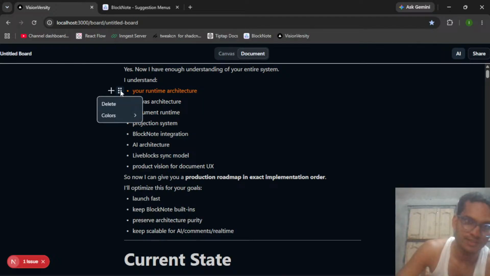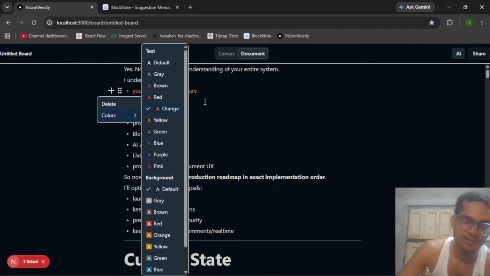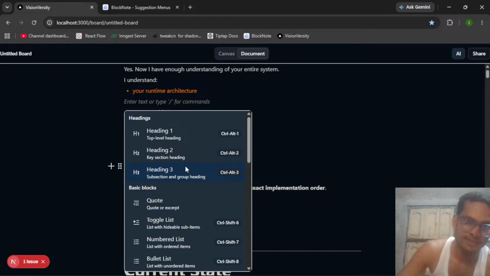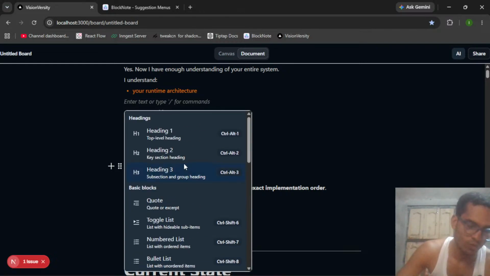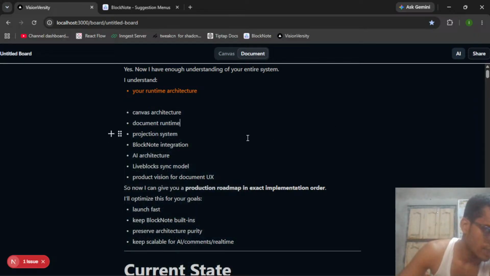You can change the color, you can delete, and you can add a new block, and convert one block into another. So the UI is